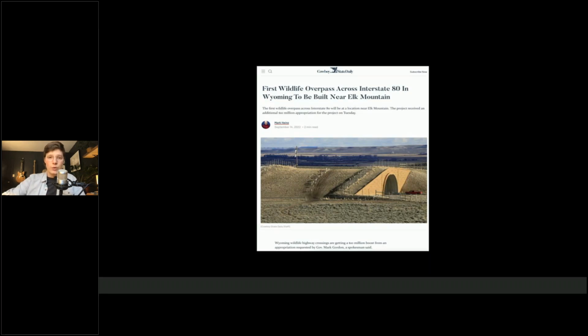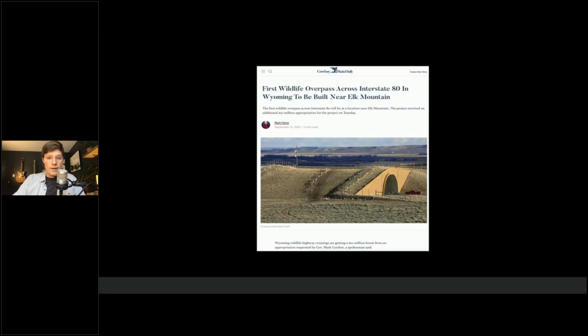So this is in 2022. The first wildlife overpass on Interstate 80 is to be built. And so let's dive into how we got there. How did we get to a place where we were doing multi-million dollar projects to help wildlife move successfully across a landscape? A big part of the answer to that question is we hired and worked with photographers, and in particular,